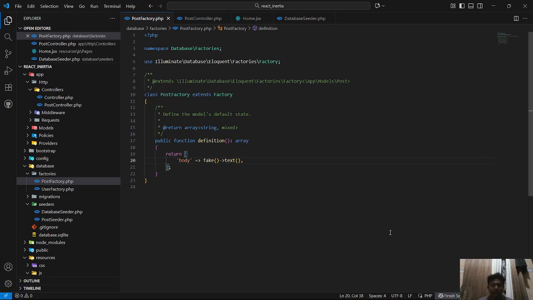First, you can open your project in VS Code. After you open VS Code, you can go to the factories and add a return body with fake text, one text.